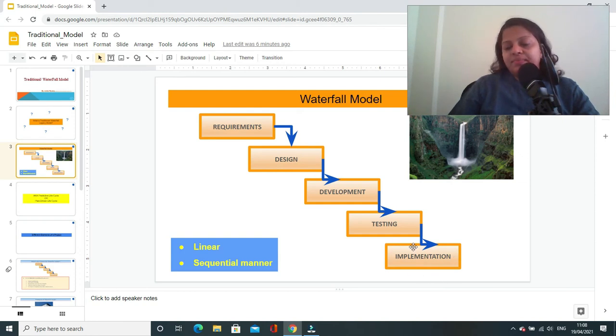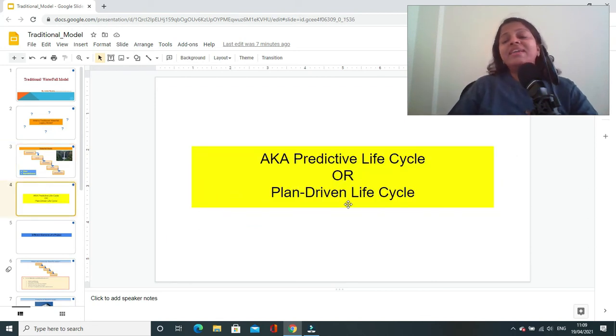So what you have done in this model is you have worked on complete set of requirements in each of the phases in a linear sequential manner. So like a waterfall, this model works in a linear sequential manner. So this is the reason we called this traditional project life cycle as a waterfall model, and it is also known as legacy model. And there are few more names for this model, like we call it predictive life cycle